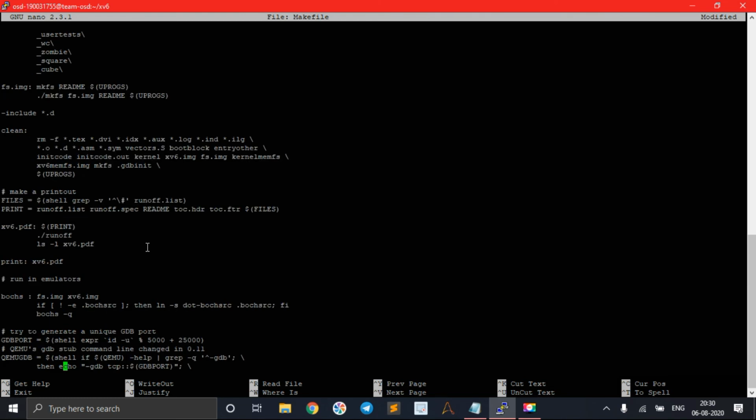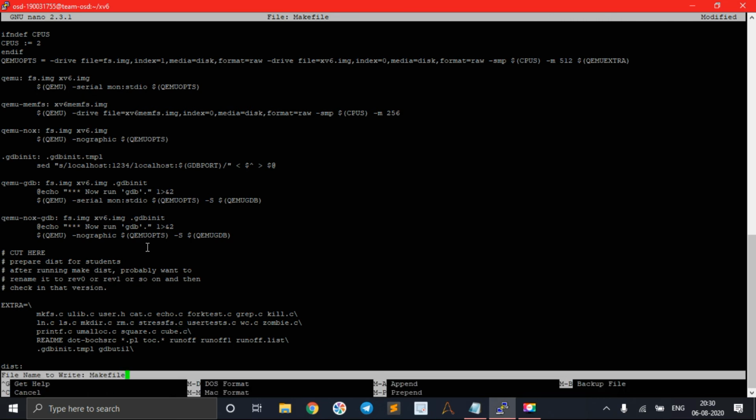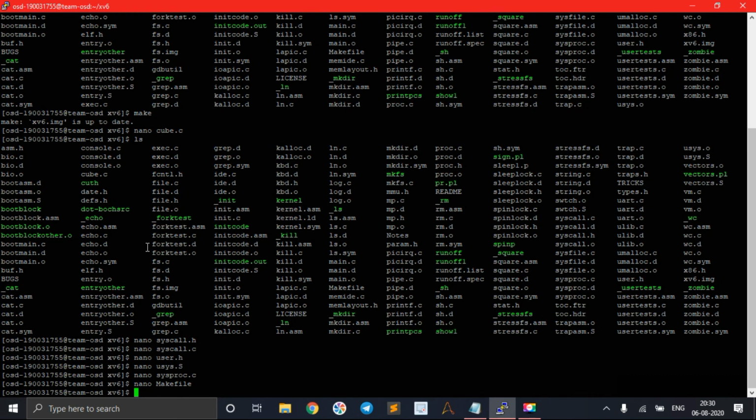So let's go to extras. Here my extras is available, and here I am going to add my cube. Just give a space and add the cube.c file. So this file's work is also completed. Let's just close it.